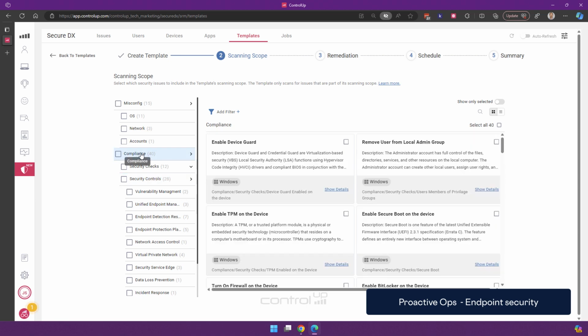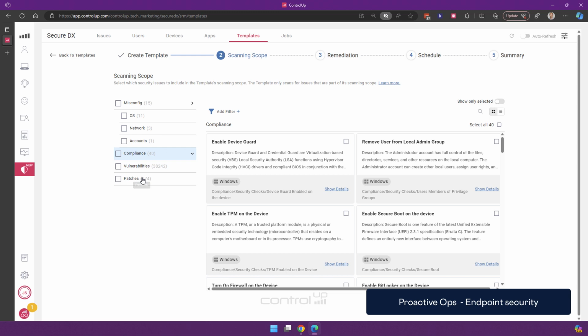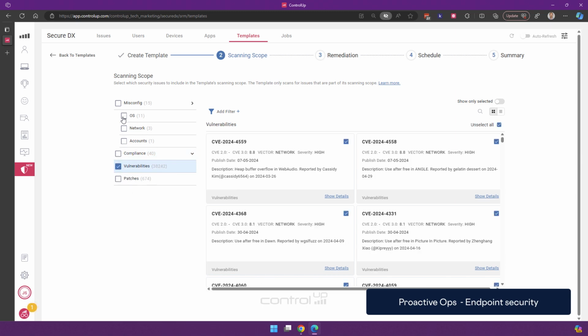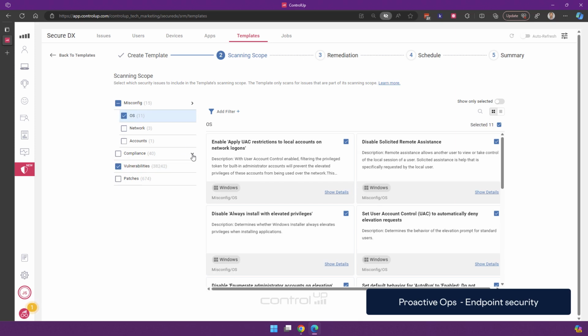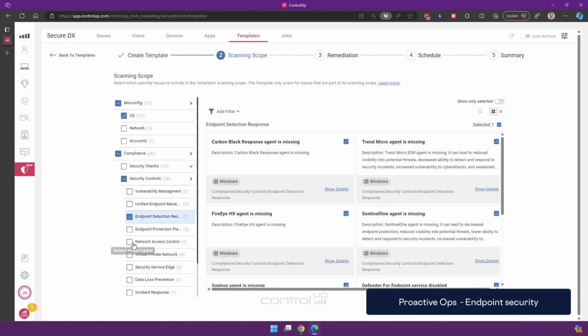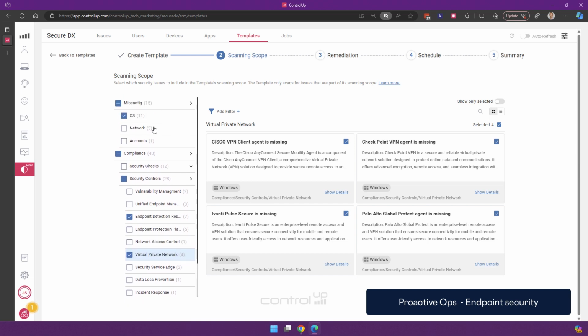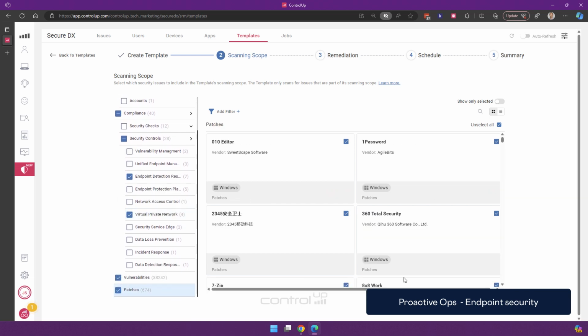And then probably a very important one is vulnerabilities and patches. Now, vulnerabilities and patches differ in one way. A patch means, hey, software is out of date, but there is a newer version, so it will check for that. A vulnerability is basically, hey, software is out of date, there's an updated version that also addresses certain confirmed CVEs. And as you can see, we have our database that checks for 38,000 CVEs. So as an IT admin, I can basically configure what I want to check for. So for example, I'm just going to randomly pick some configurations, some compliance, vulnerabilities and patches.